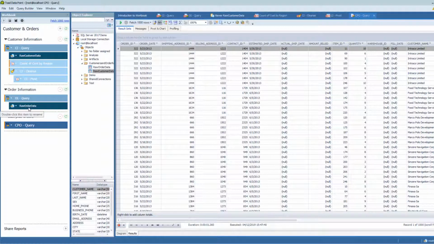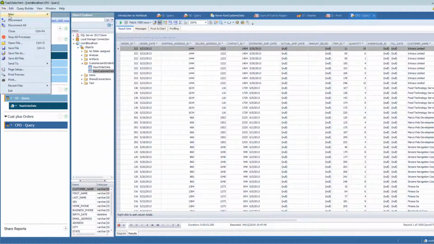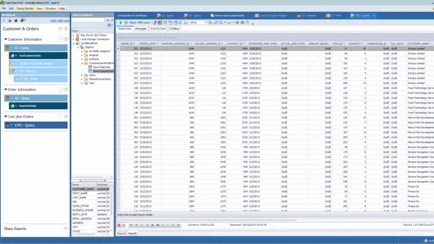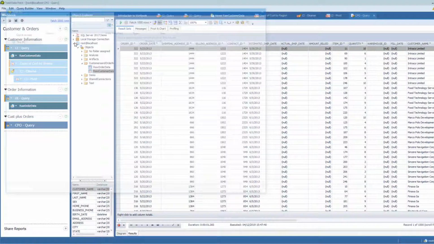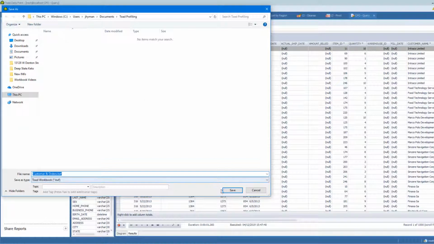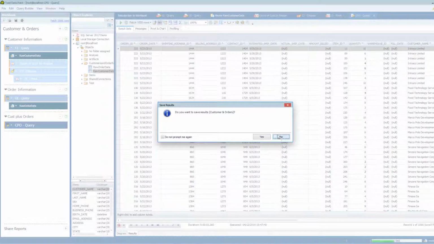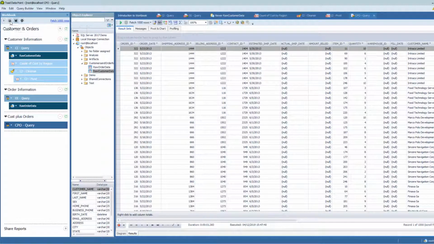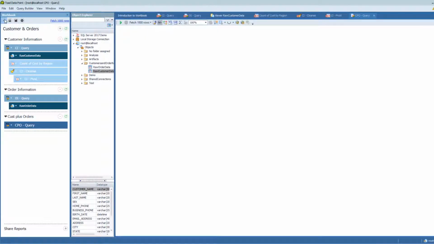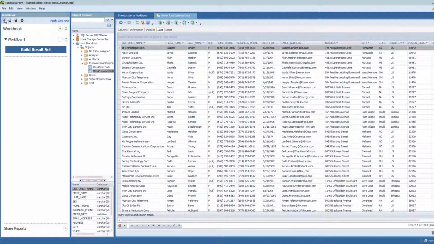One of the benefits of using Intelligence Central is that the data is outside of my system. It's out on a server drive. And remember, I've shared each one of those data sets with other people. So even if I were to create a new workbook, or a new user created a new workbook, let's go ahead and save this workbook and create a new workbook. We'll call this Customer Workbook.